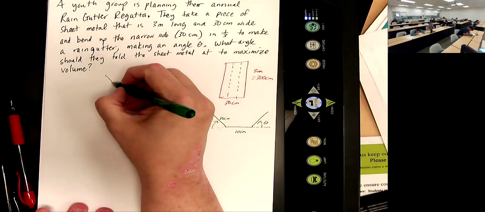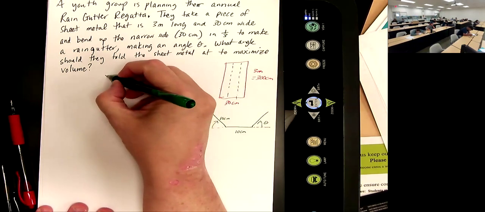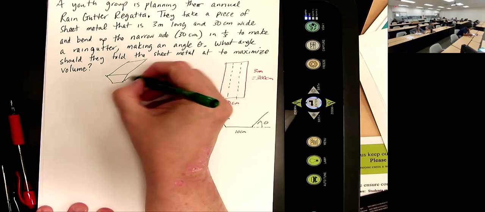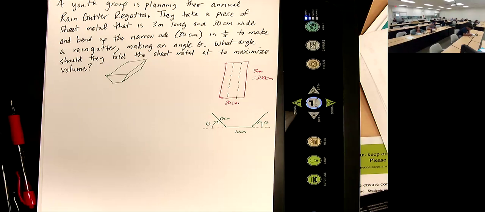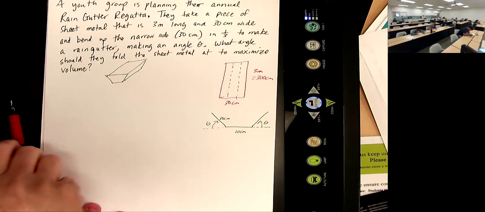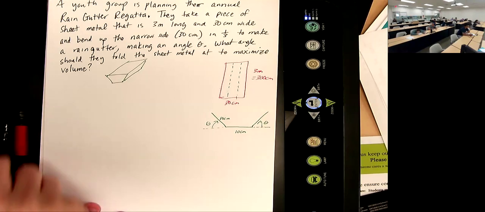And we want to maximize the volume, which means it's doing something like this. So maximizing the volume is going to be